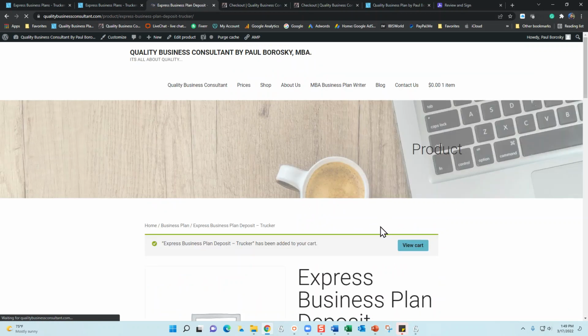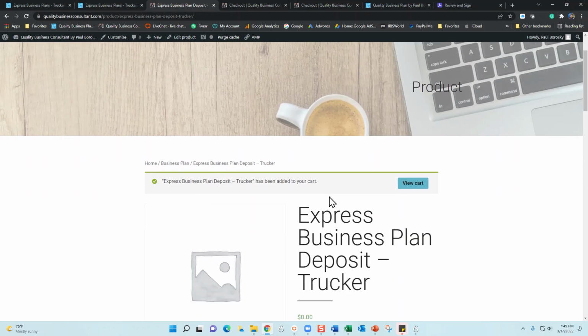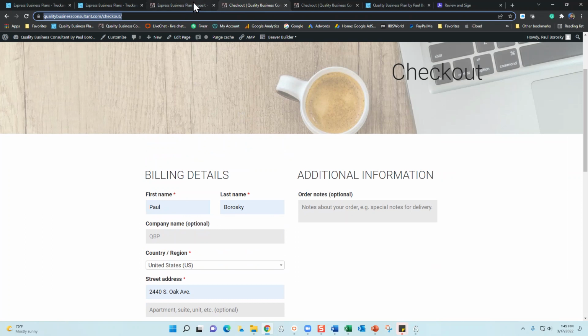And the next page that comes up right here is going to say Product, then Express Plan Deposit, and it's going to say that it's added to the cart. Then you're going to click right here, and it's going to say View Cart. And once we click View Cart,